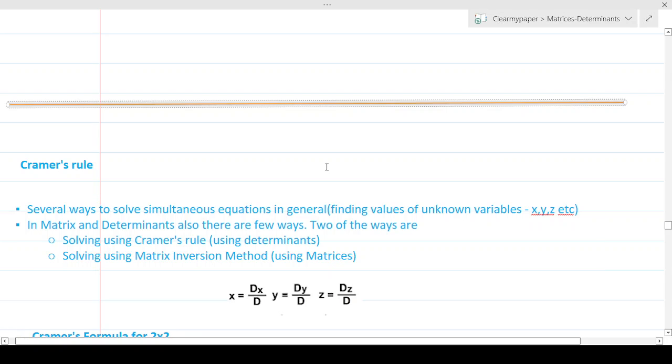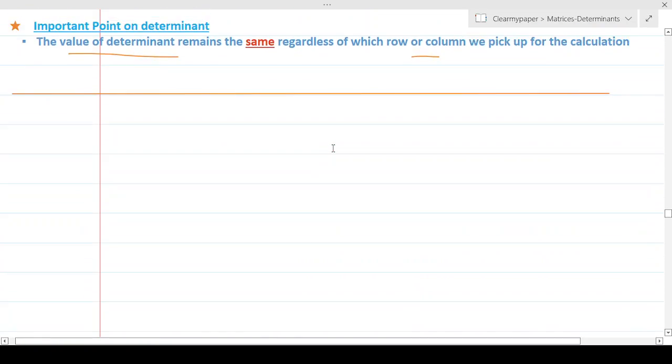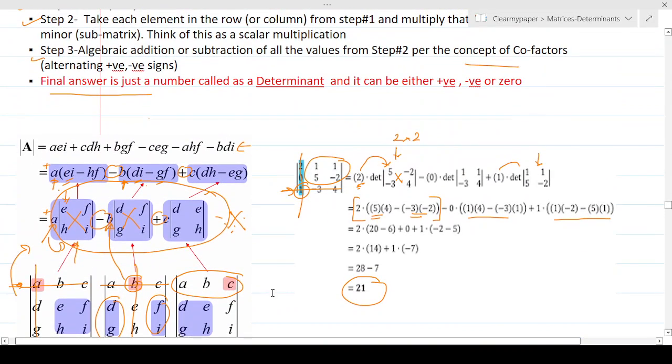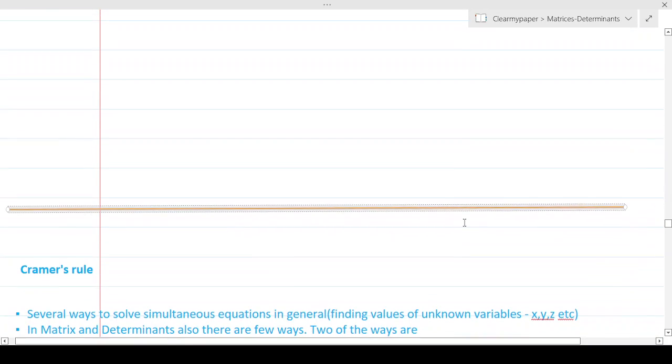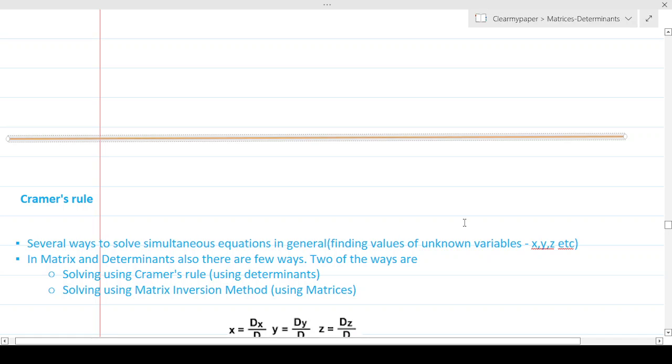After learning so much about determinants, finally, about the different terms, terminologies, how to calculate a 2 by 2 determinant, how to calculate the 3 by 3 determinant with all this mumbo jumbo and all the tips and tricks that we have learned, finally, in today's episode, we'll be starting to use them to find solutions to simultaneous equations because